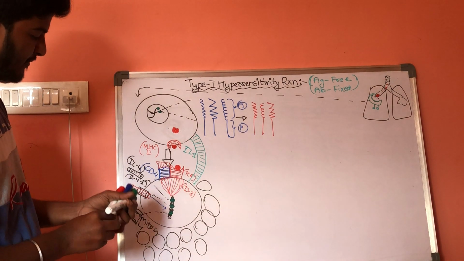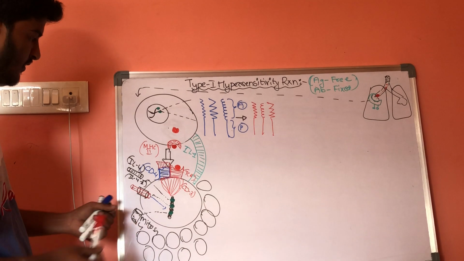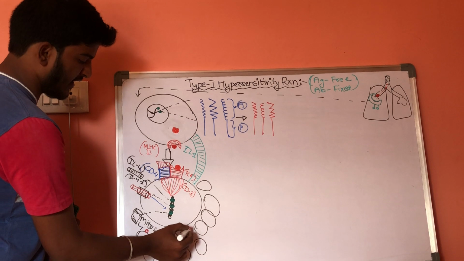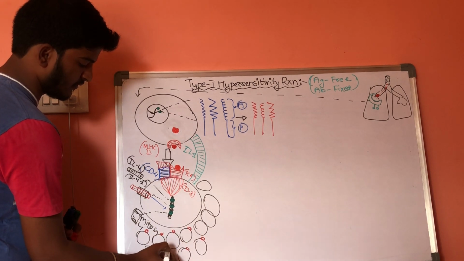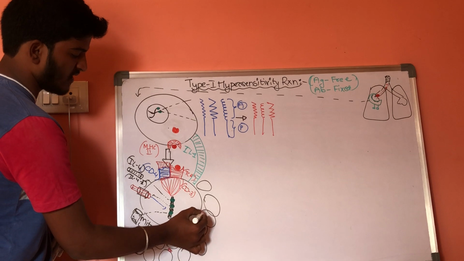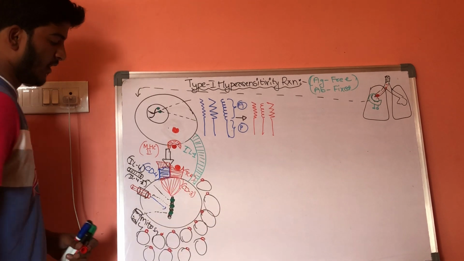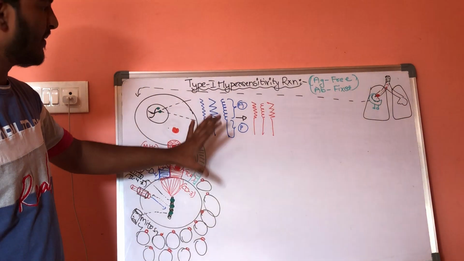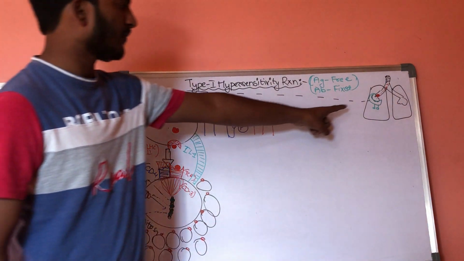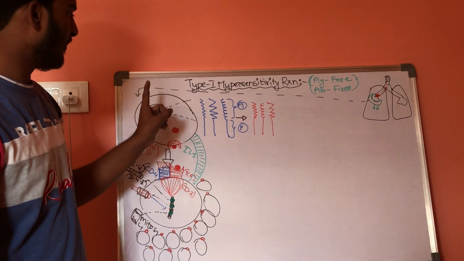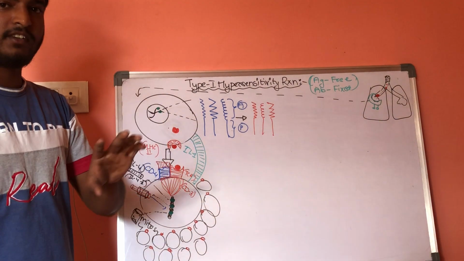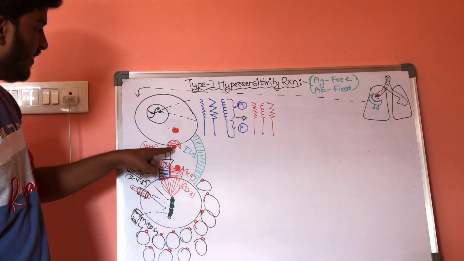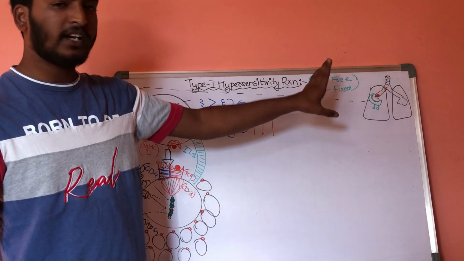Which is containing the pollen antigen. On the surface, it consists of the pollen antigens. Now, let us consider this is the first part of hypersensitivity reactions. That is, whenever the pollen antigen enters our body, it will activate the macrophages. In the macrophage, chromosome 6 will get activated. It produces the special proteins that are called MHC class 2 proteins, and it will also expose the antigen, that is pollen antigen, on the surface.